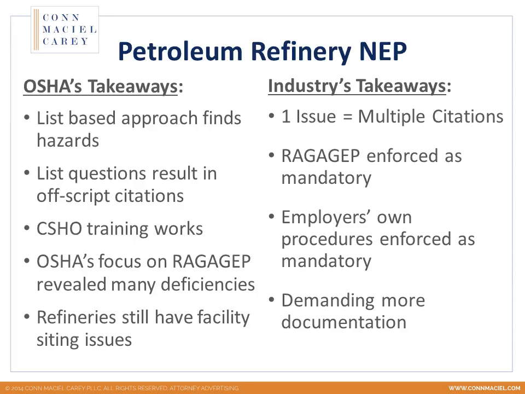And then the other thing we saw through this refinery NEP is a demand for more documentation and a demand for more proof of implementation. It used to be that these types of inspection programs were really paperwork oriented, and OSHA would look at the paperwork and stop there. Now they're really looking a little bit deeper into implementation. Okay, you've got a good written program, now show me in the field how it's being implemented. And so to establish that, they're looking for more documentation that shows that you're actually implementing it, and also doing some field checks out in the field as well.